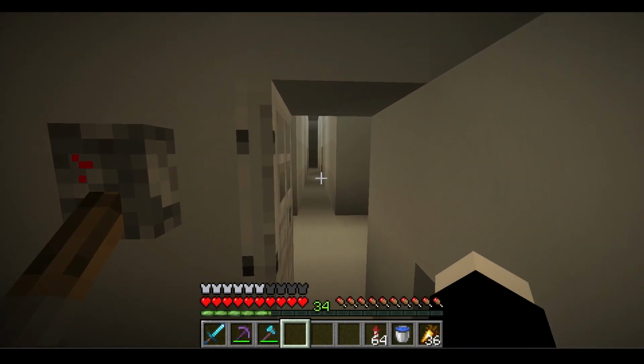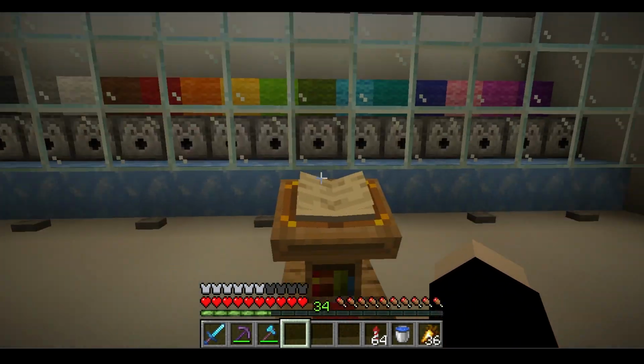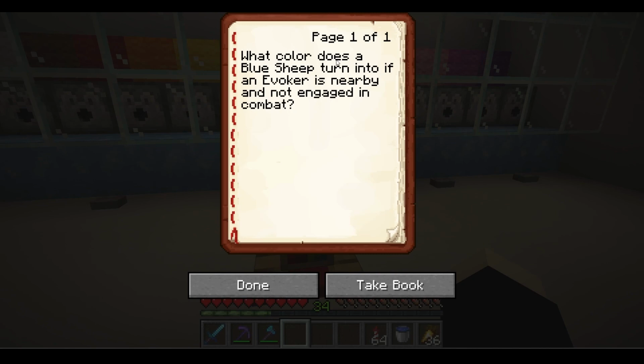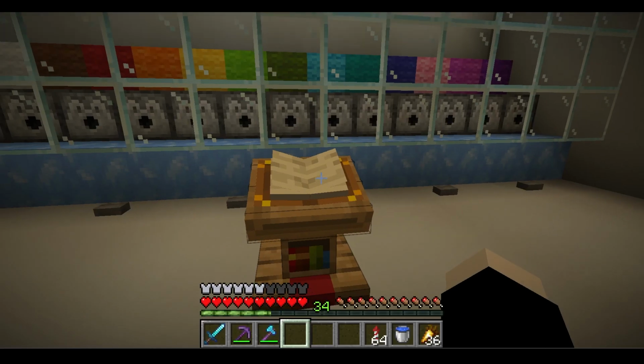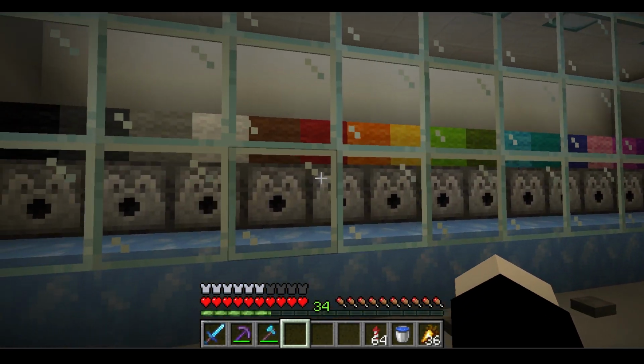And then over here we have 2 different rooms. We have the wool room, where the question is what color does a blue sheep turn into if an evoker is nearby and not engaged in combat? I'm not going to give you the answer, actually. I will say, though,